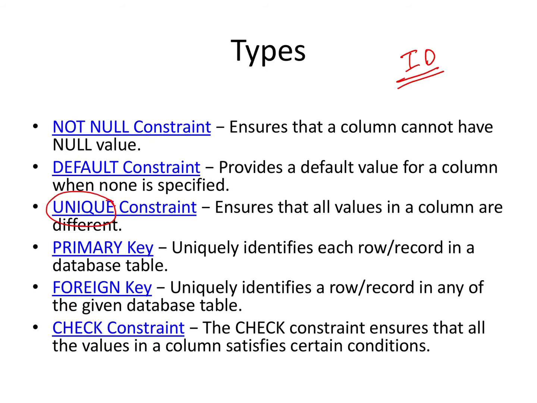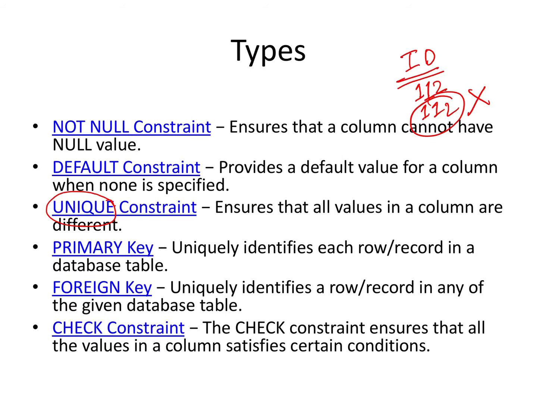In that case, what will happen? Supposing I have already put 112 as the ID for one particular person, and mistakenly later while entering the data I try to put 112 for some other person, then it will not allow me to put it. It will say there is a unique constraint and you are supposed to put a unique value, and 112 is already there for another employee. It will not allow duplicate values. This is what unique is.